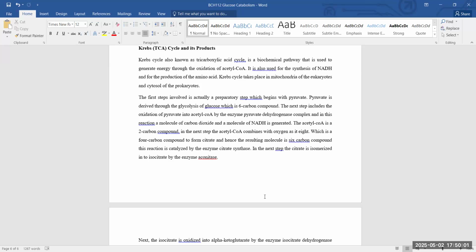So the TCA cycle is a continuation of the glycolytic pathway, because the TCA cycle is part of the catabolism of glucose. Glucose is not completely catabolized or broken down if it does not pass through the TCA cycle,